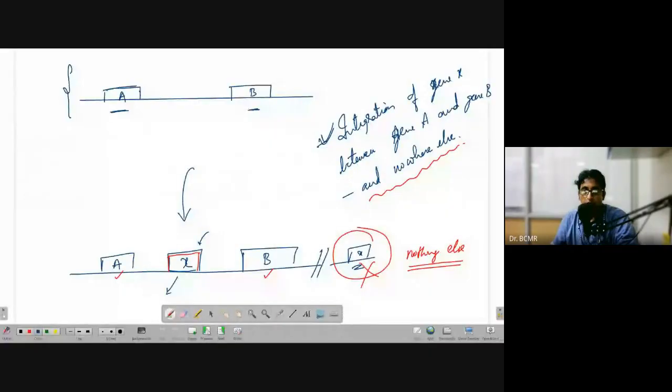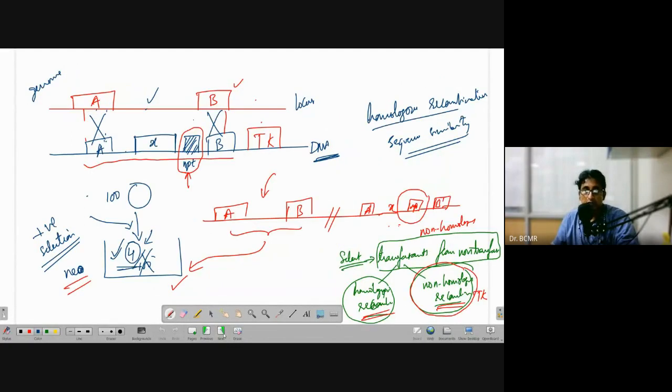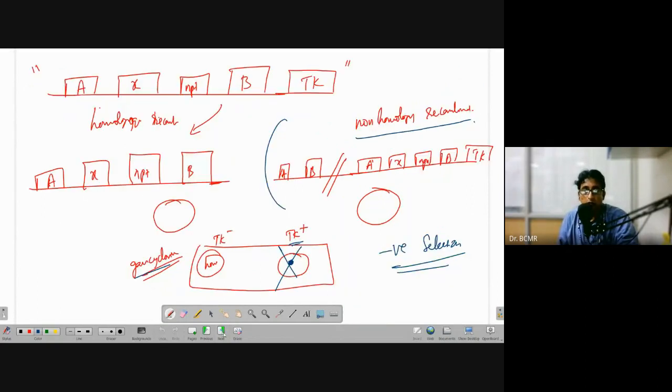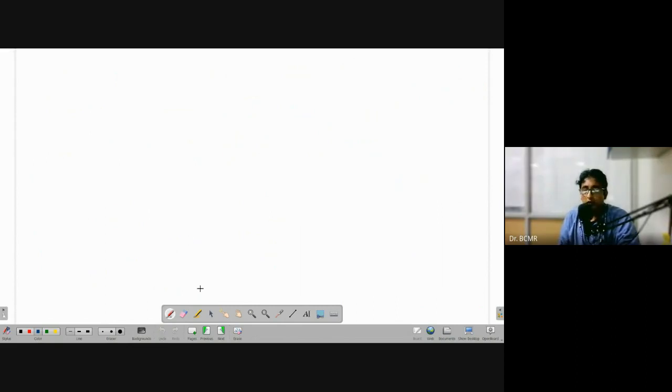Our problem: we want incorporation of X between A and B and nothing else, right? But we used neomycin phosphotransferase. We need to get rid of it. So how can we get rid of it is a question. There we can use site-specific recombination. I hope you remember I made you do a homologous recombination exercise before we started this course. And similarly, we also did one for site-specific recombination.